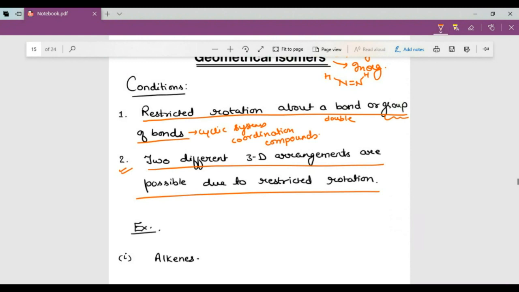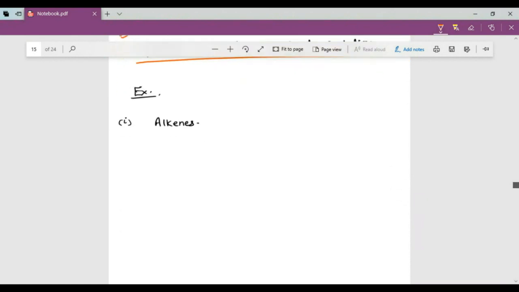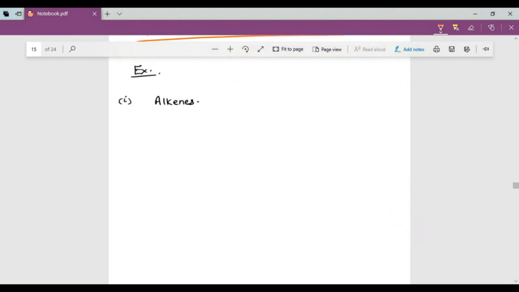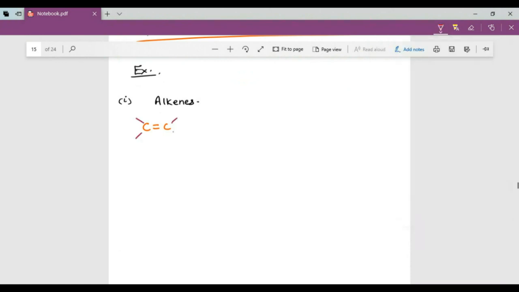Okay, there should be two different. These two structures cannot interconvert from one to another at normal room temperatures. They need the assistance of high temperatures, high pressure, some conditions where we need breakage of bonds and reformation of bonds. So in case of alkenes, if I say C double bond C